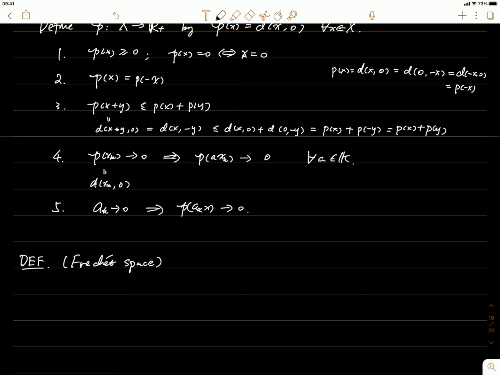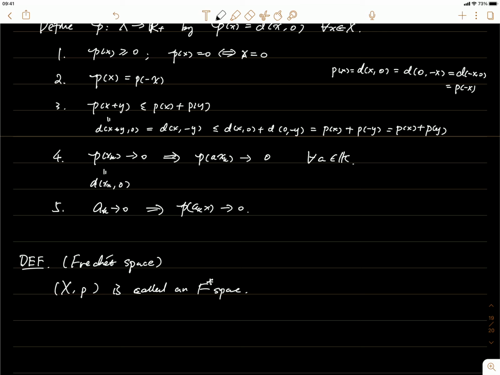So when we have X as a metric space, where the metric can be included in this P now, it's a linear space and it has a metric space where the metric is determined by this P. We say this is called an F space,